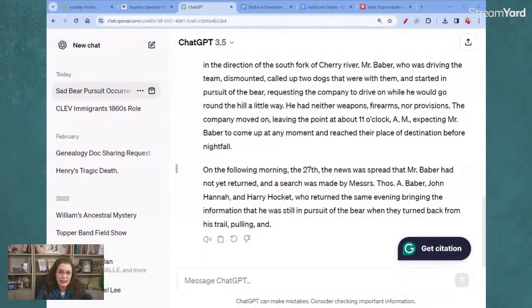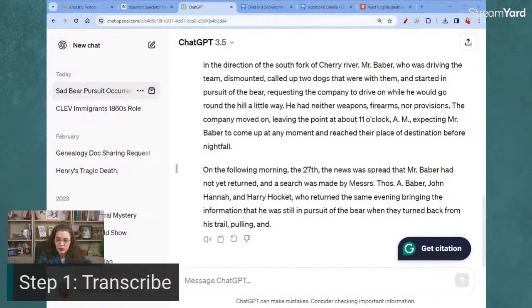So fantastic. So that was step one. We did the transcription. Well, actually, we didn't do the transcription. The OCR transcribed that newspaper article, and then we went into ChatGPT to clean that up. Okay. So any questions you have about OCR technology on newspapers.com or using ChatGPT,